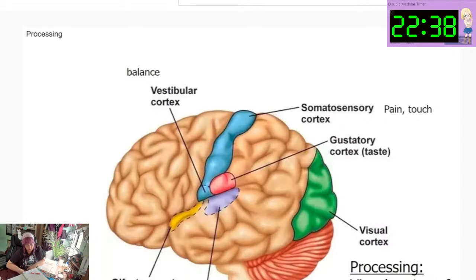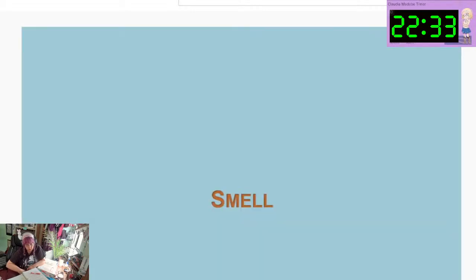So you can pause the lecture now to try and fill out your worksheet with regards to visual perception if you'd like. All right, so the last sense we're going to look at here is our sense of smell, and